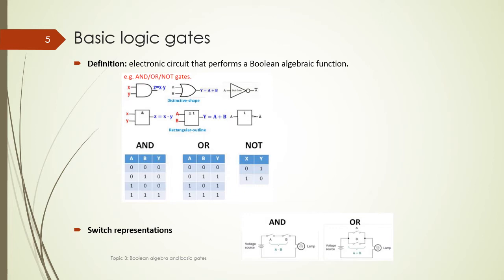In most areas, I think the distinctive shape representation is used, but in some countries or locations, they still prefer the rectangular outline representation. But in our course, I will use the common one, the distinctive shape. Okay. So basically, those three gates represent the three basic Boolean operations. Okay,